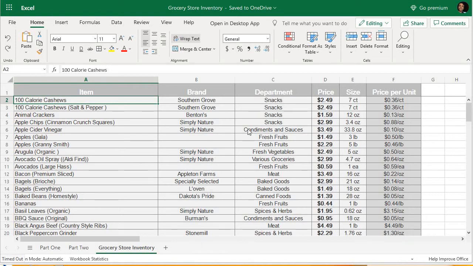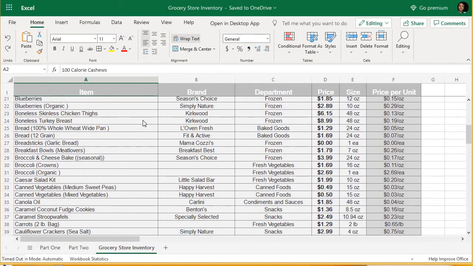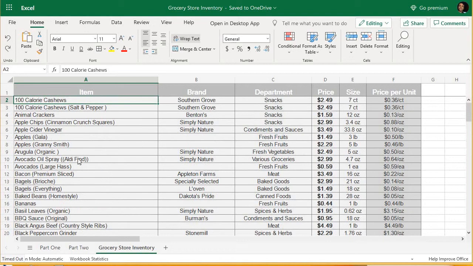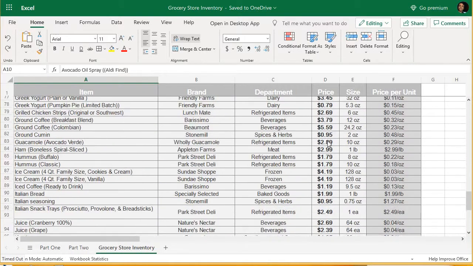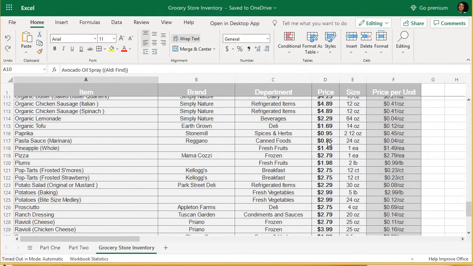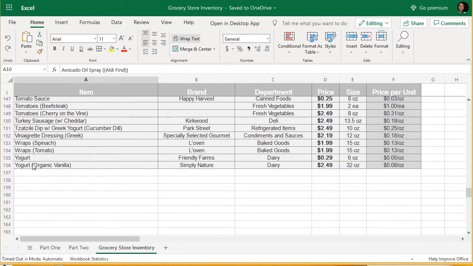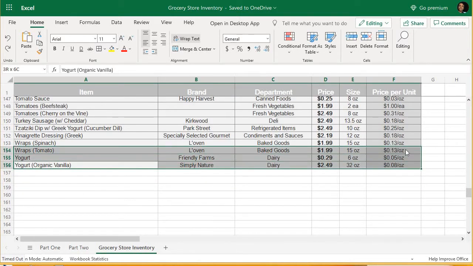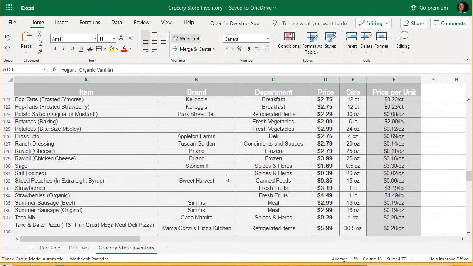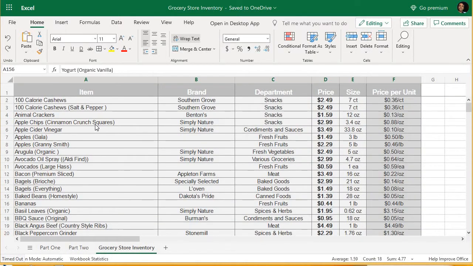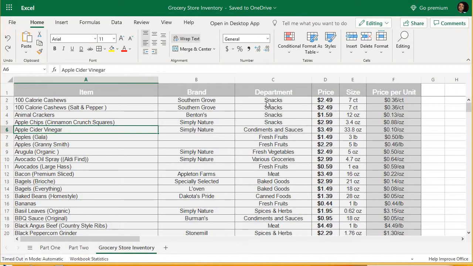In this exercise, you were given an inventory for a grocery store. I actually took this from Aldi. The items are around 1800, but this is a condensed inventory of 155 items. And you have the item's name, its brand, the department in the store, its price, size,